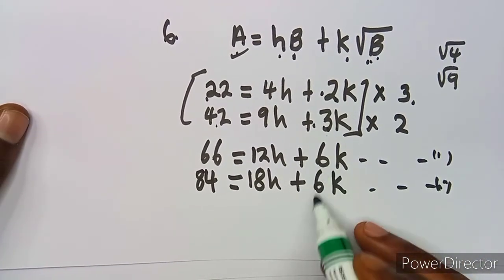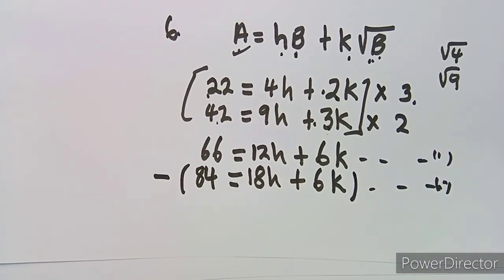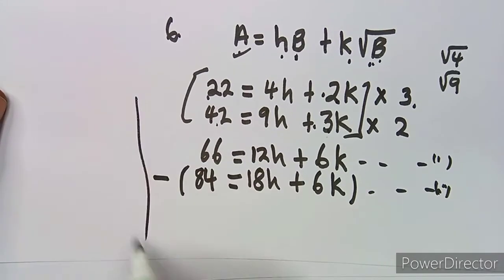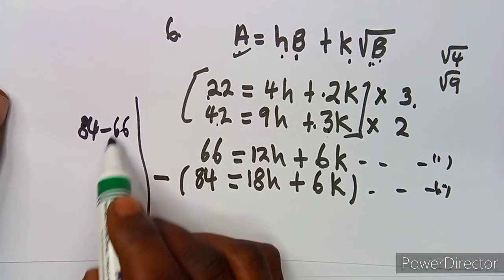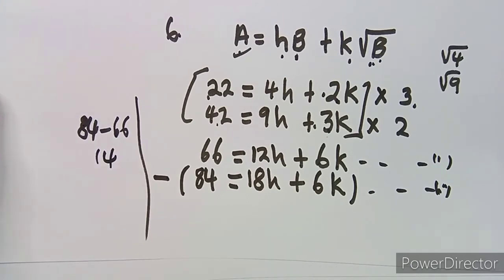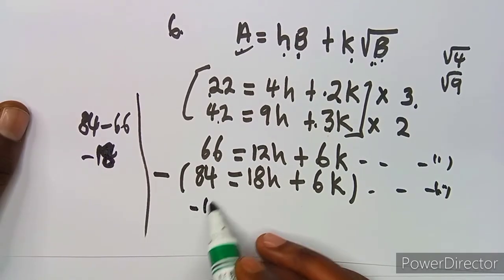the same. k and k are the same, so I can eliminate k by subtracting the second equation from the first equation. So I have to subtract 66 minus 84, which is simply 84 minus 66. Then you're going to take the sign of the bigger number. You're going to obtain 18, not 14, this is 18. Okay, then you take the sign of the bigger number, so it's minus 18,